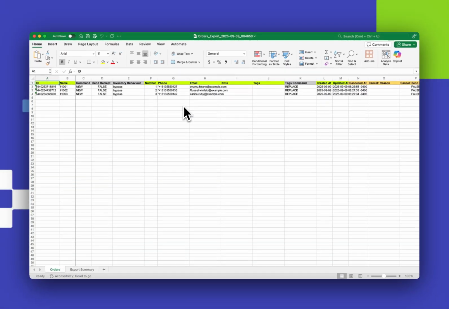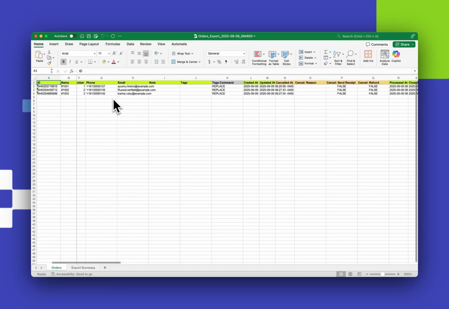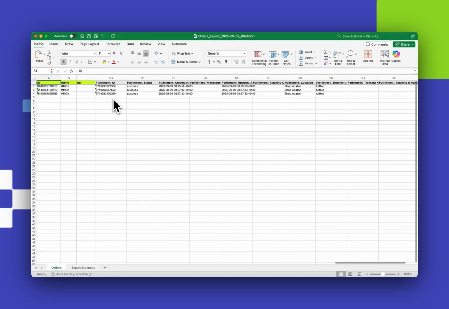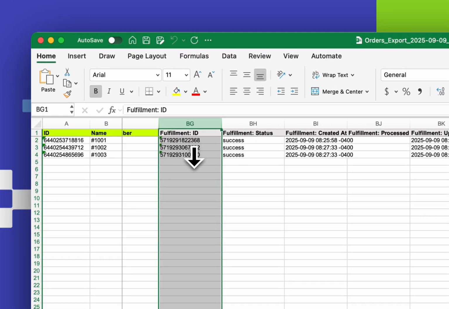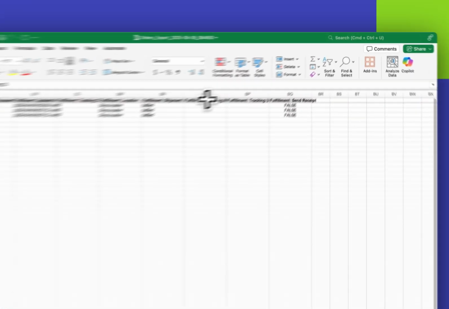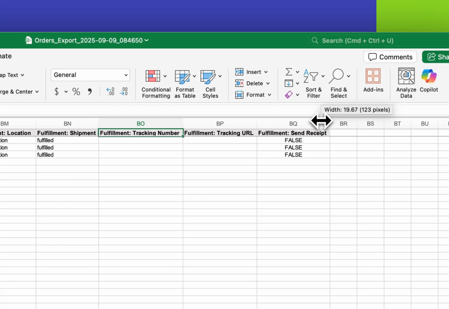You'll notice that the format of the spreadsheet is compatible with Matrixify, and if we scroll over to the right, we'll see the different columns that we want to keep in our file for us to re-upload it to the app. If you have more than one fulfillment for an order, you'll need to keep the fulfillment ID column. In our case, we don't, so we can ignore that one. And so the only columns we really want to keep track of are the tracking number, the URL, and send